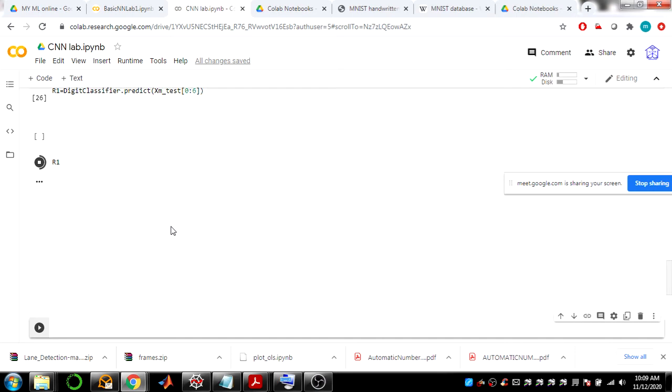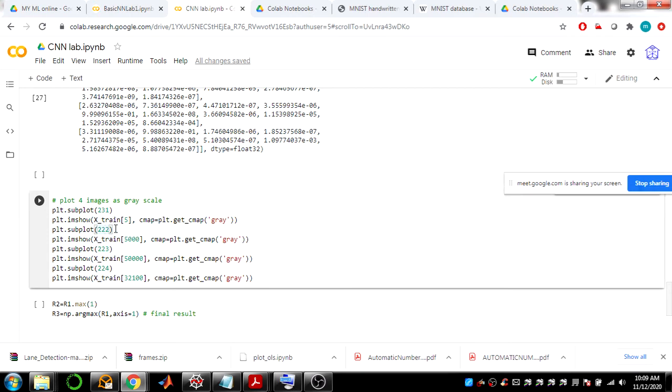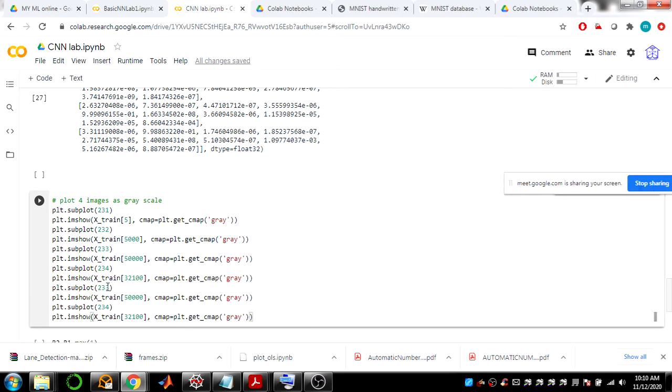Let us see what are the digits we are using here. 230, 233, 234, 235 and 236, and let me print here what are actually the original values.